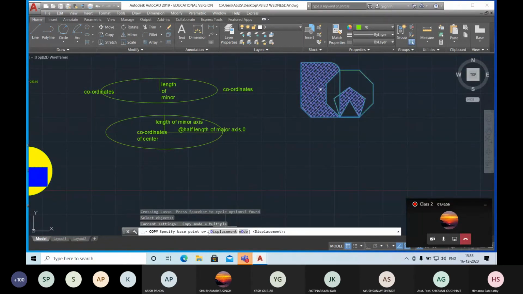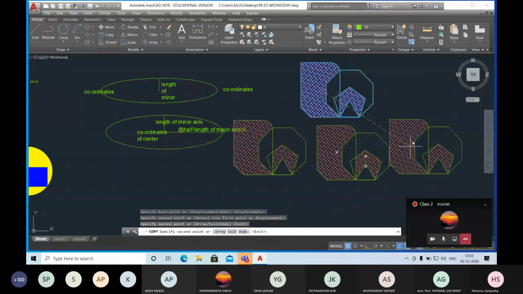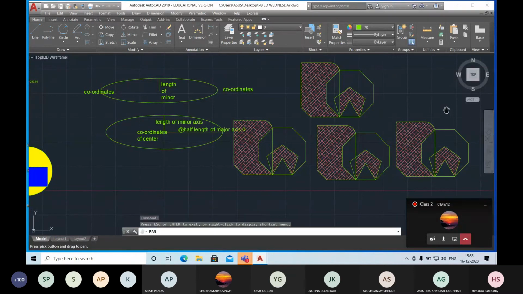Base point means from where you want to move the drawing. If I want to move the drawing from this location, I just select that one. I can make any number of copies until I press escape. Press escape to come out of the command. Okay, this is my copy command. Similarly,